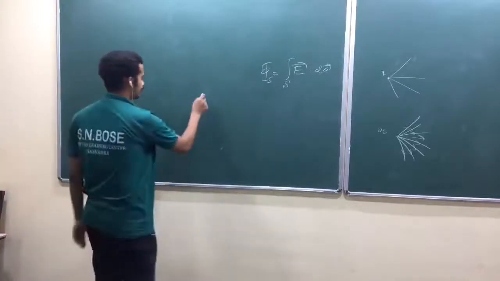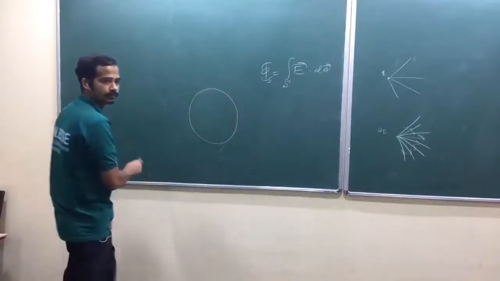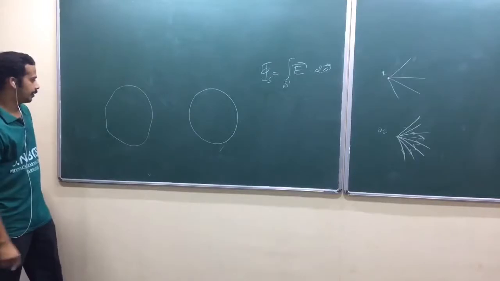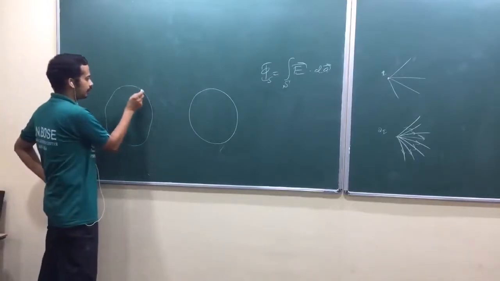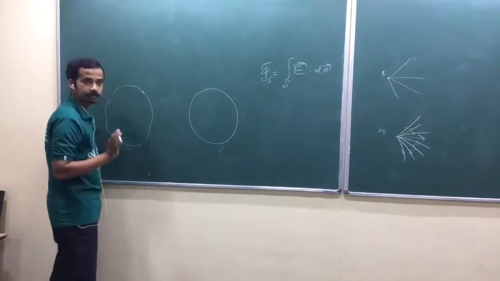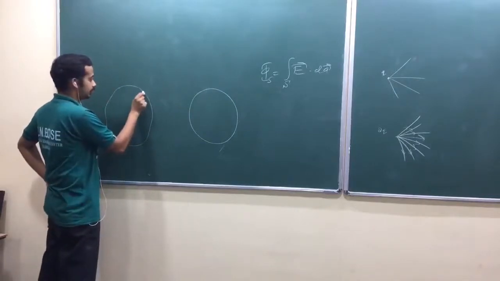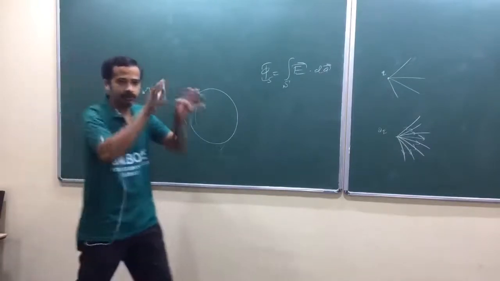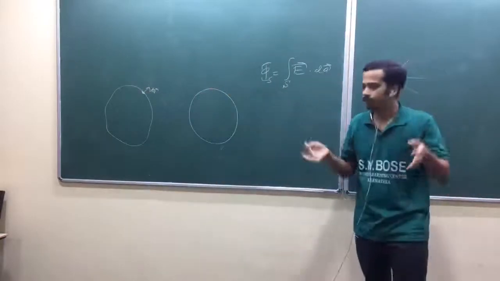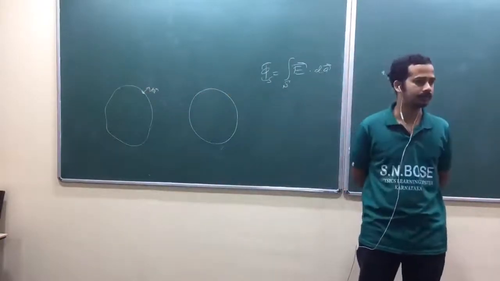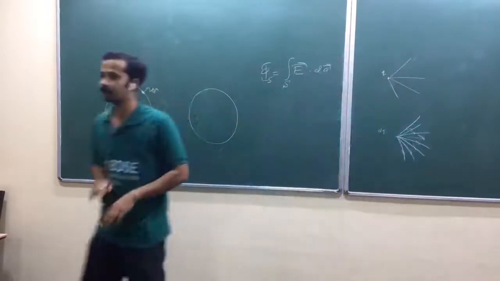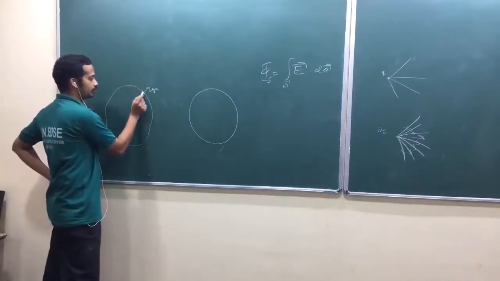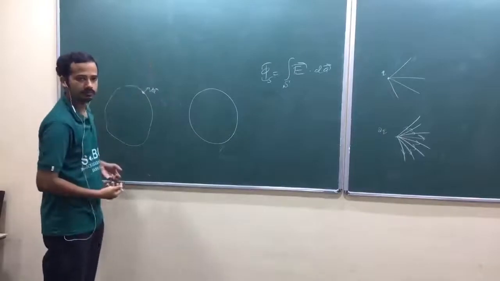But if I have a closed surface, I don't have to take a sphere, isn't it? So it is very conventional again. We don't have logic over it. The convention is to choose your area vector, dA vector, outward from the volume. One closed surface will produce one volume. Inside that there will be one region, isn't it? So a closed surface always defines one region, one volume. So it is a convention to choose your area vector outward from that volume.